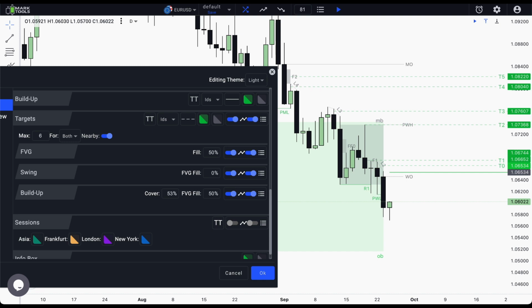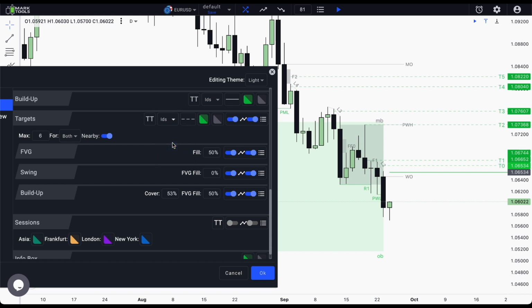Build up and targets. Targets are possible variations of your take profit price levels according to the current price action. To activate targets, you need to press target buttons in the tile toolbar. Under the target section in the SMPA category, you can adjust how many targets maximum to show for each direction. With the field 4, you can set for what POI to show the targets. With the nearby toggle on, you can show targets which are very close to the current price. As far as labels go, you have the Tools option, which uses original tool labels as target labels.